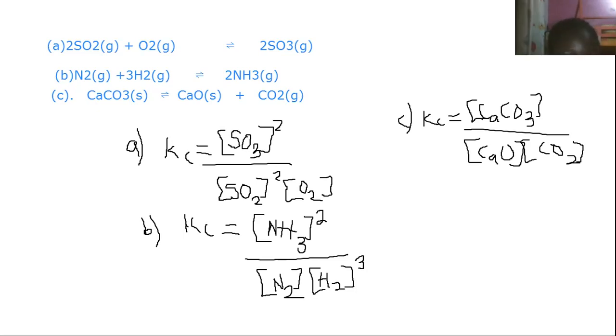The order of a reaction, or reaction order, is defined as equal to the sum of the powers to which the concentration of reactant